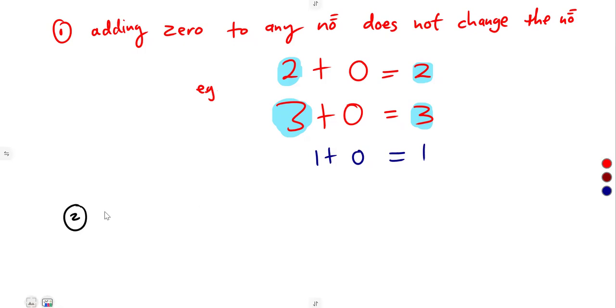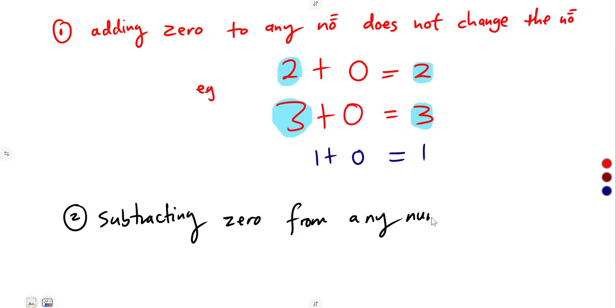Let's just say subtracting 0, so that we do not confuse each other here. Subtracting 0 from any number does not change